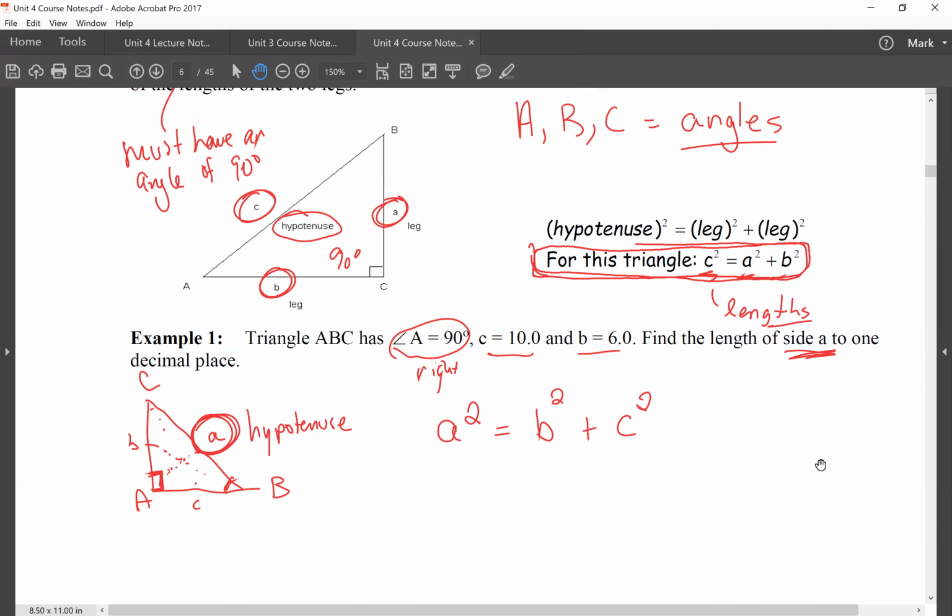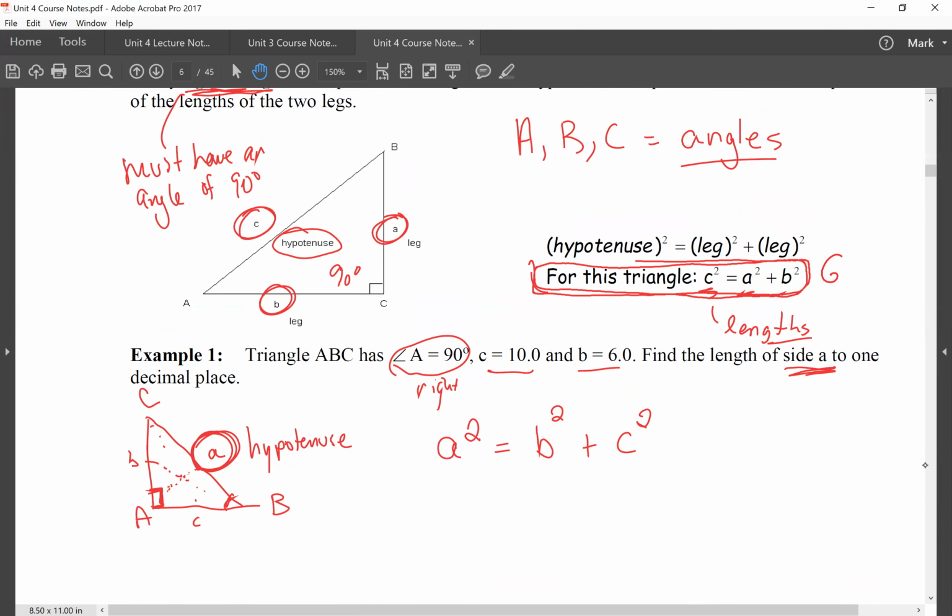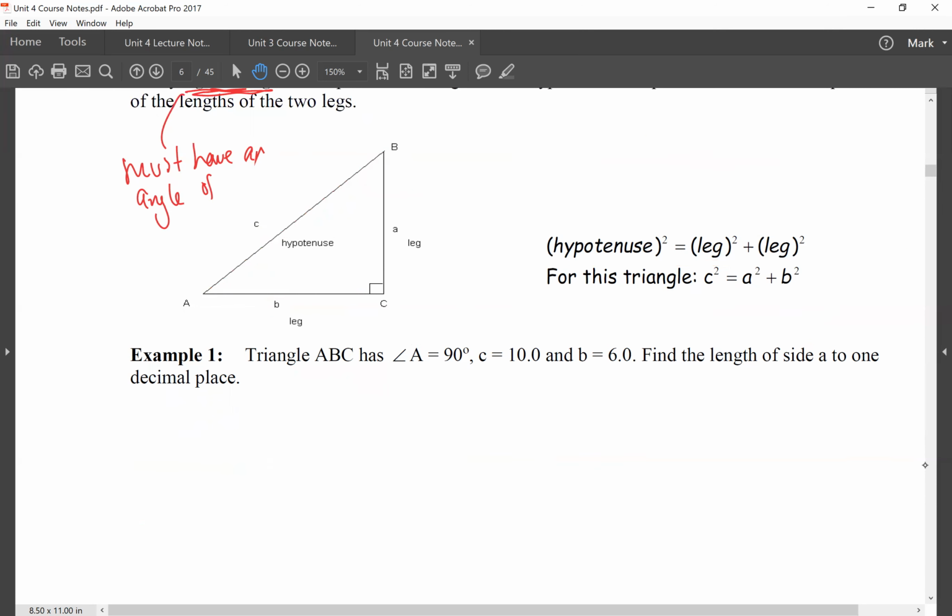No, this is just a general formula. The longest side is the side across from the right angle. A is my 90-degree angle, so this is my longest side, my hypotenuse. And then these are the other two sides. We call them legs